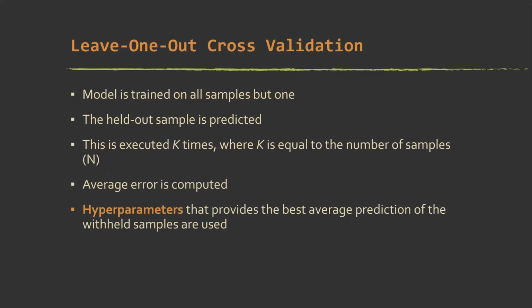Leave out cross-validation is another option. So this is pretty simple. Basically, the idea is that you train the model on all of the training data except for one sample, and then you predict back to that sample, and you repeat the process until every sample has been held out, and you assess overall how well it did at predicting all of those samples. So the best is going to be the one that provides the highest performance on the one data point that's held out. This is pretty slow, so I generally don't use this method, but it is an option.